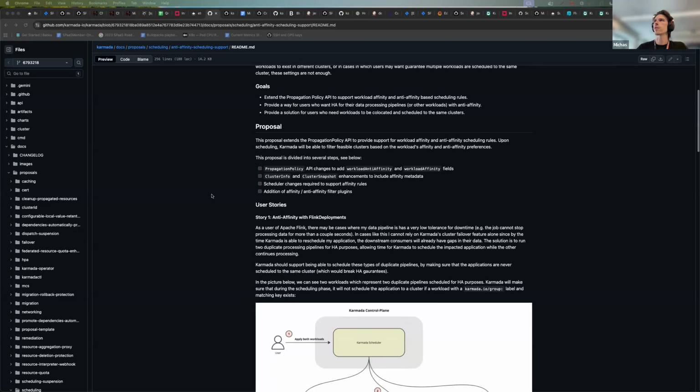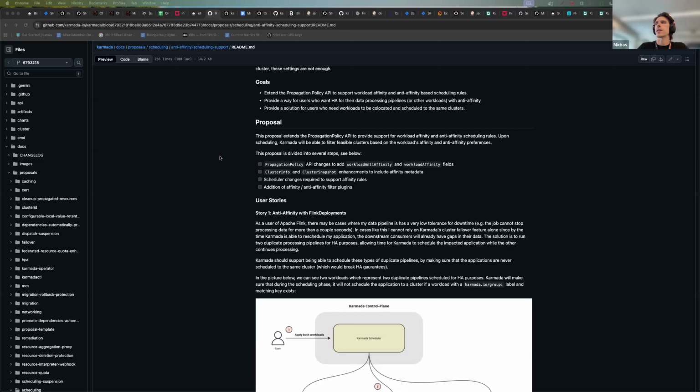So the goal for this proposal is to extend the propagation policy API to support this type of workload anti-affinity. We've also added an additional use case for workload affinity, just for cases in which users may want to have co-located resources or services running on the same cluster.